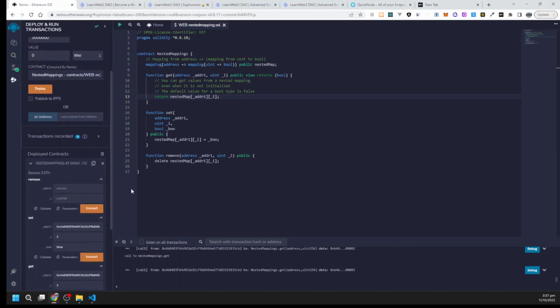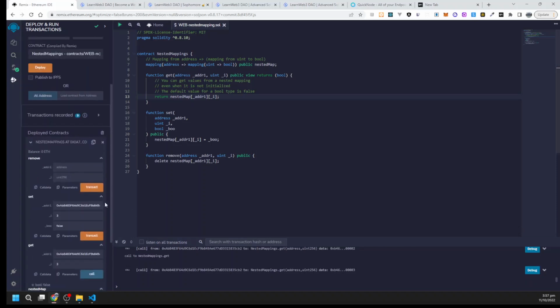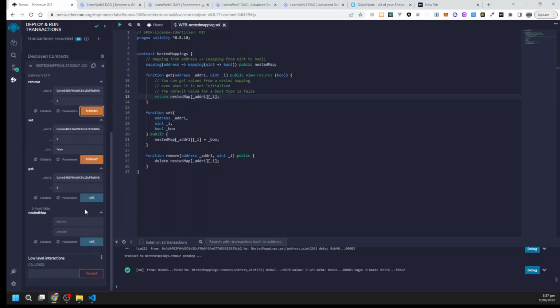Now let's remove it also. Remove the third index. It's removed successfully. Now call it again. It's false because the default value of bool is false. Now remove the second one also. So second was true. Now we will get false also. Here it is. For 1 we are getting true. Now remove that one also, and you will get false also. Okay, so that's how